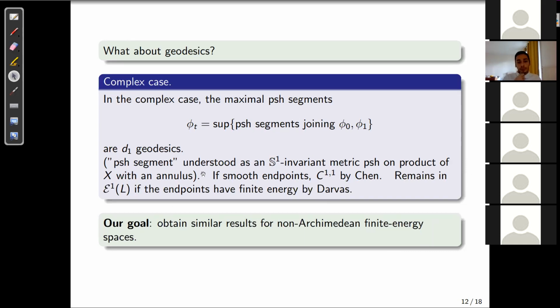Now the main problem is that we did not really have a notion of smoothness for our non-Archimedean metrics. So the best thing we can hope for is continuity, because it doesn't really make sense to consider a smooth metric on non-Archimedean analytic spaces. So